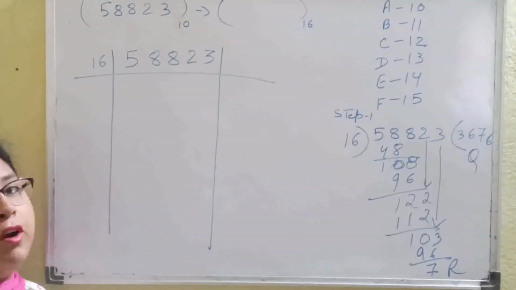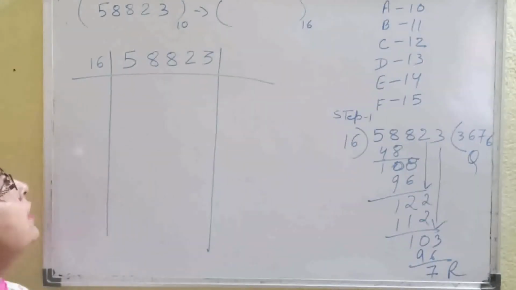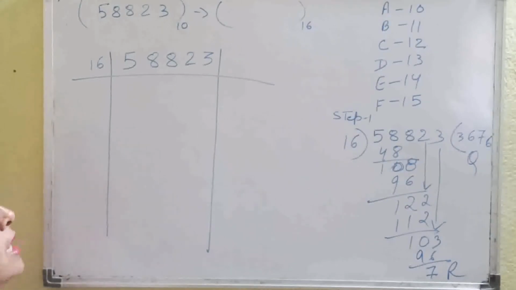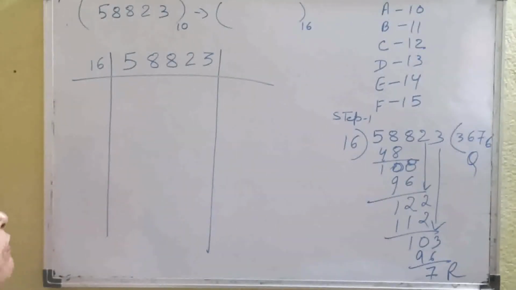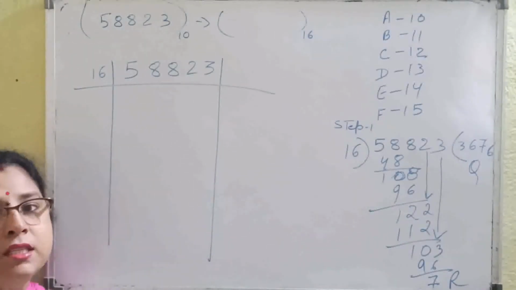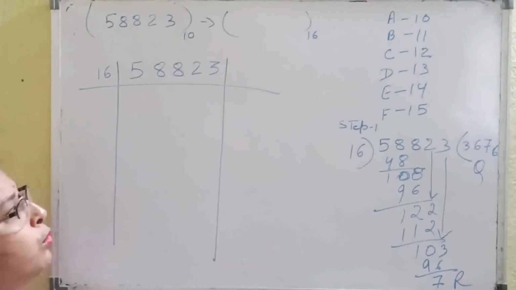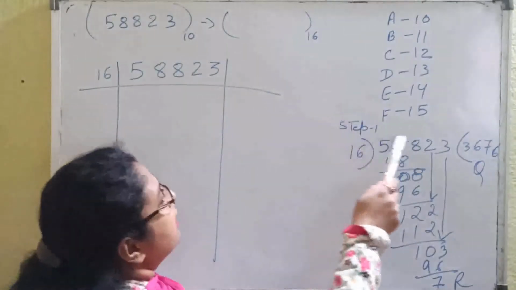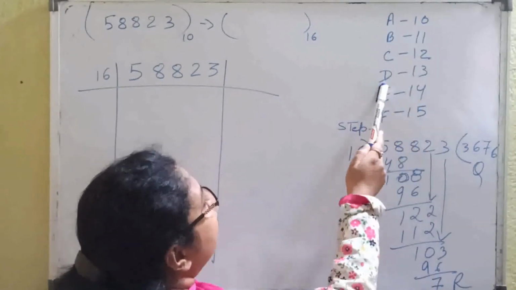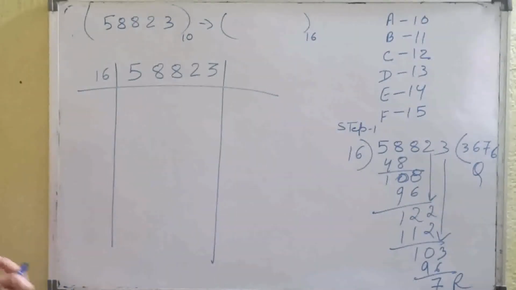Now this is the third conversion. Here we are converting a decimal number into a hexadecimal number. Same method, here we will divide the number by 16, because it is a hexadecimal number conversion. As I told you, the hexadecimal number system contains 16 characters, that is 0 to 9 digits and A to F letters. You can see what I have written here: A means 10, B means 11, C means 12, D means 13, E means 14, F means 15. This is the value.